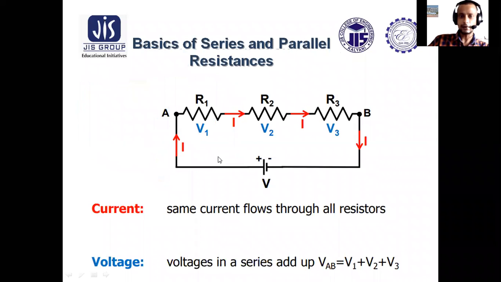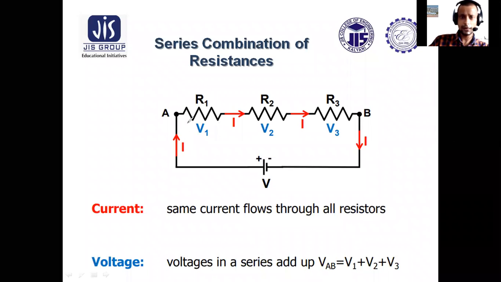Now that is why such resistances in series or resistances in parallel, those combinations need to be known to us for the calculation purpose. Now what happens, as there is only one path for current to flow, current through all the elements, current through R1, current through R2 and current through R3, will be same as current through the supply.